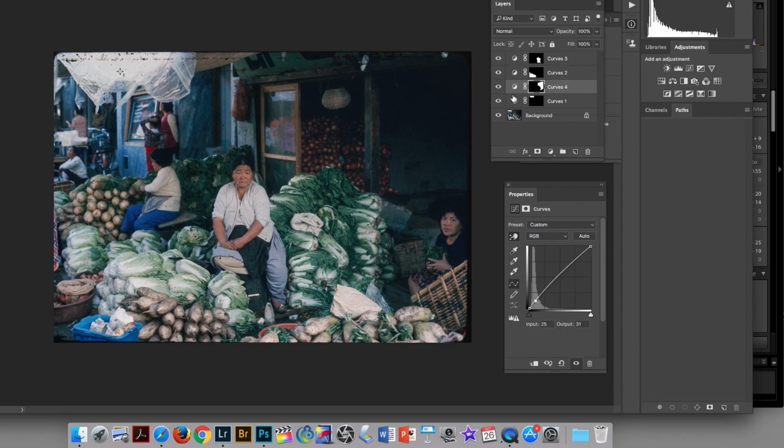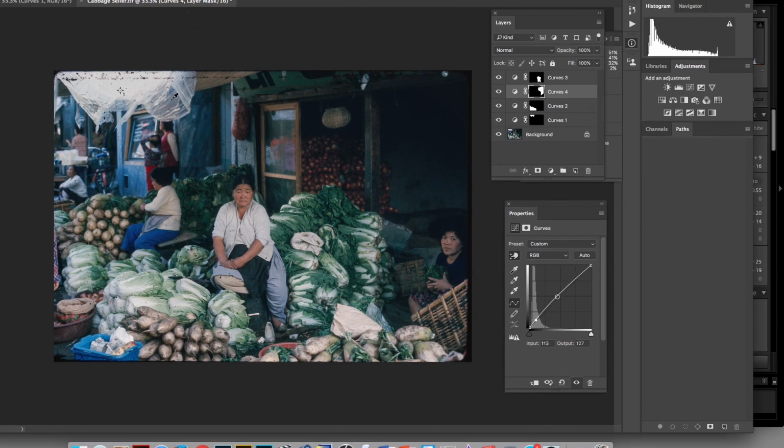So what I did overall was partial adjustment, like bring out this area, bring down this area, bring up this area, bring down this area, bring up this area, and then shadows also bring up. And then after that,